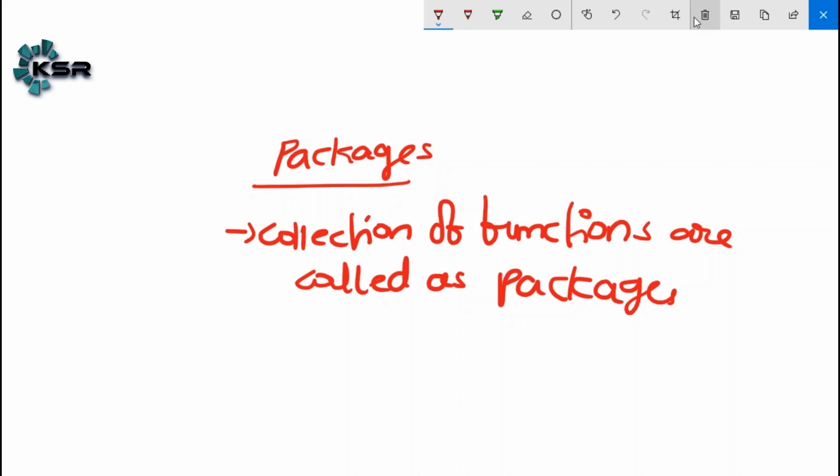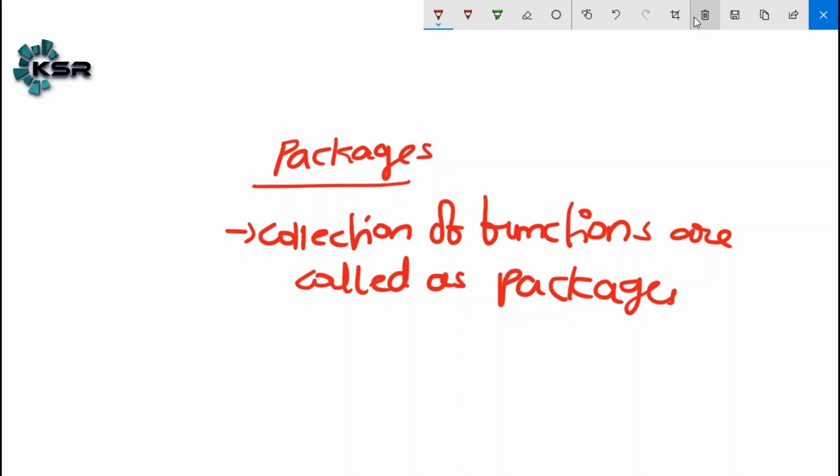In R, there are a total of 7,000 packages available. But when you install R the first time, it installs 30 packages by default. As I provided the links yesterday, if you install from those links, when you open RStudio for the first time, you can see the 30 packages.